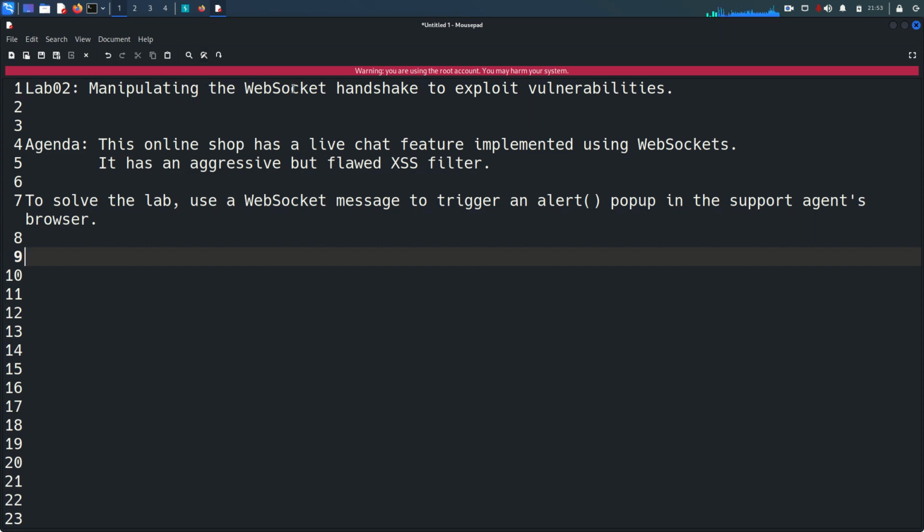So lab number 2, manipulating the WebSocket handshake to exploit vulnerabilities. In the previous section of this module, in the first video, I briefed about WebSockets, and in lab number 1, we saw some requests and responses where we see the WebSocket handshake process. In the request and response headers, we found the Sec-WebSocket-Key, the Upgrade header, and the Connection header, where the Connection header value is Upgrade and the Upgrade header value is WebSocket. Fine. So let's go and we will see one more time, but this time we are going to manipulate the